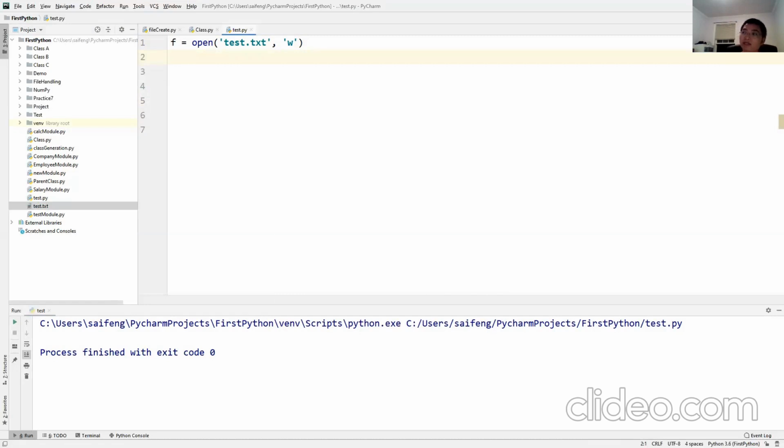Now, after we using W, open a file, right? How can I update the file? Nathan, how can I update the file? I don't know.